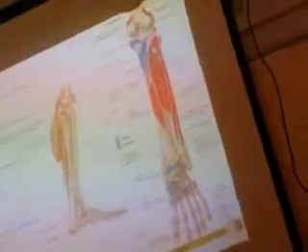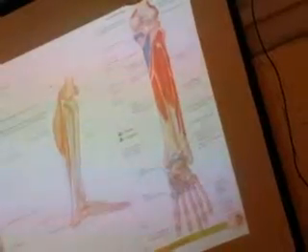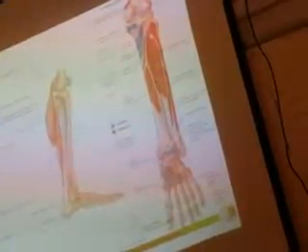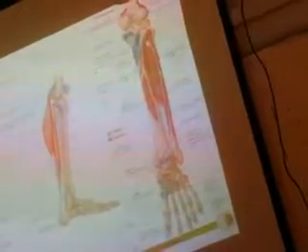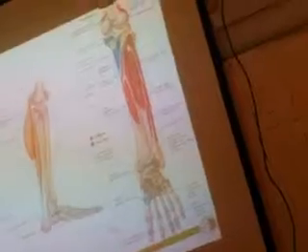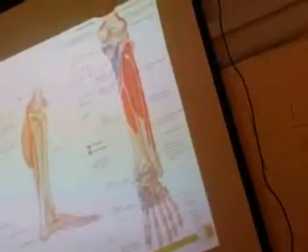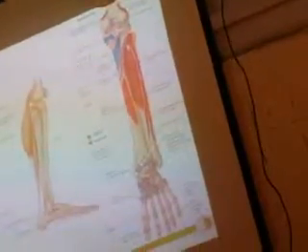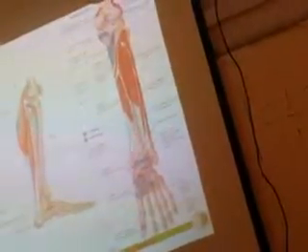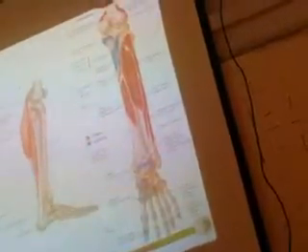The third muscle is the plantaris. It is a very small muscle. It takes origin from above the lateral head of the gastrocnemius, from the supracondylar margins, and goes all the way to a small part near the Achilles tendon. So this is the insertion and origin of all these muscles. These are three muscles, and you know the action.